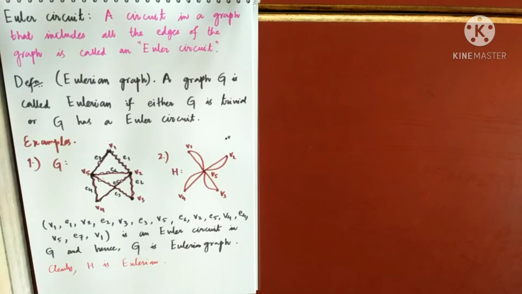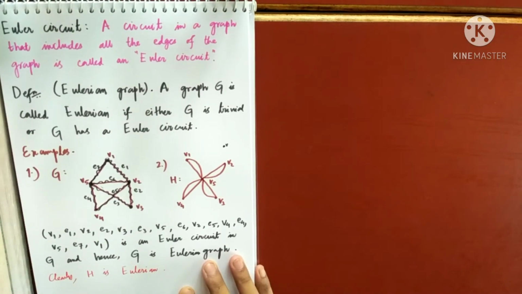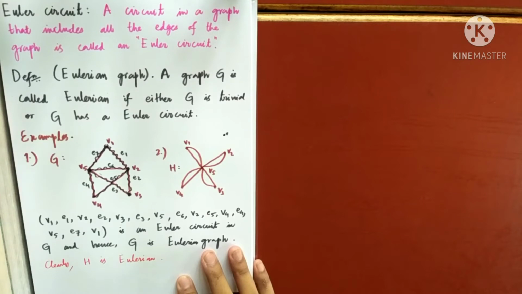So again we have the same question. Is the graph G posed in the beginning of the chapter, that is the Königsberg bridge problem, Eulerian? It is not easy to determine. You can try with so many things, but you will see it is not easy to determine whether it is Eulerian or not. So we have a theorem, or a result, that is true for Eulerian graphs. So let's see what that theorem is.